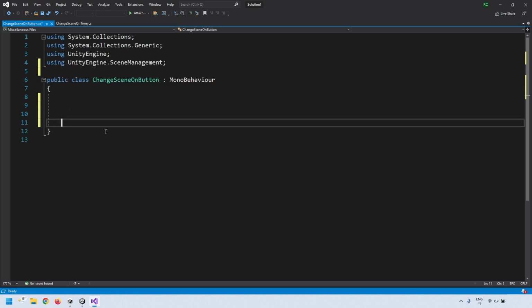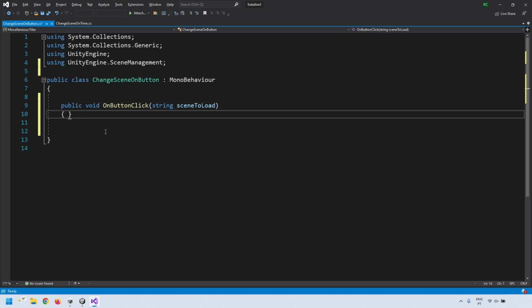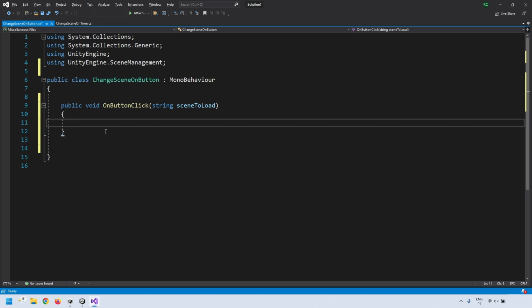Now inside the class write public void OnButtonClick(string sceneToLoad) { SceneManager.LoadScene(sceneToLoad);